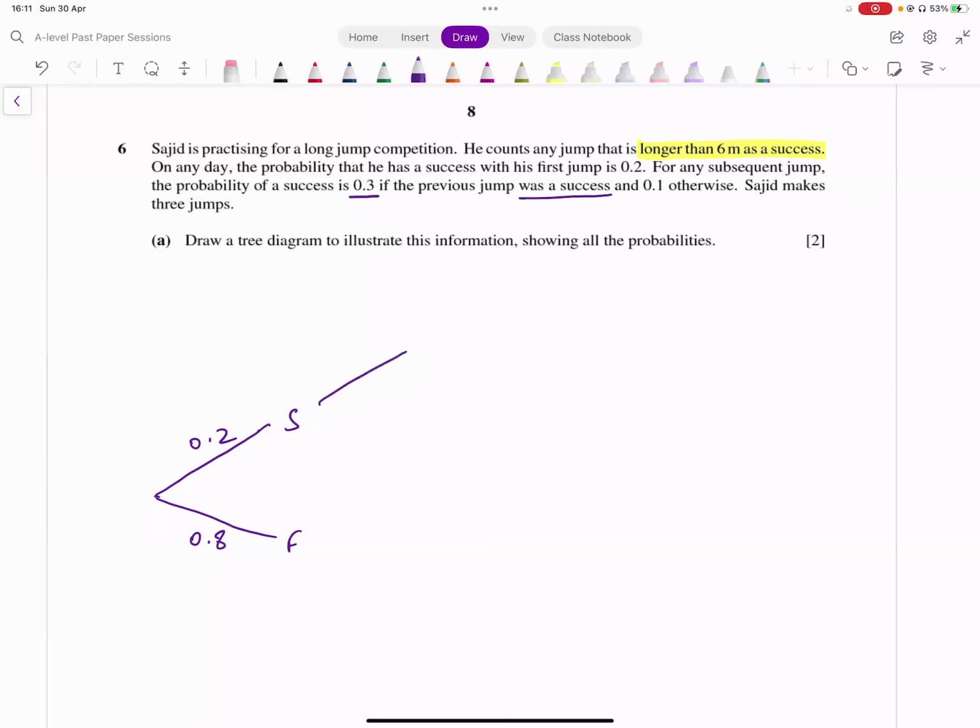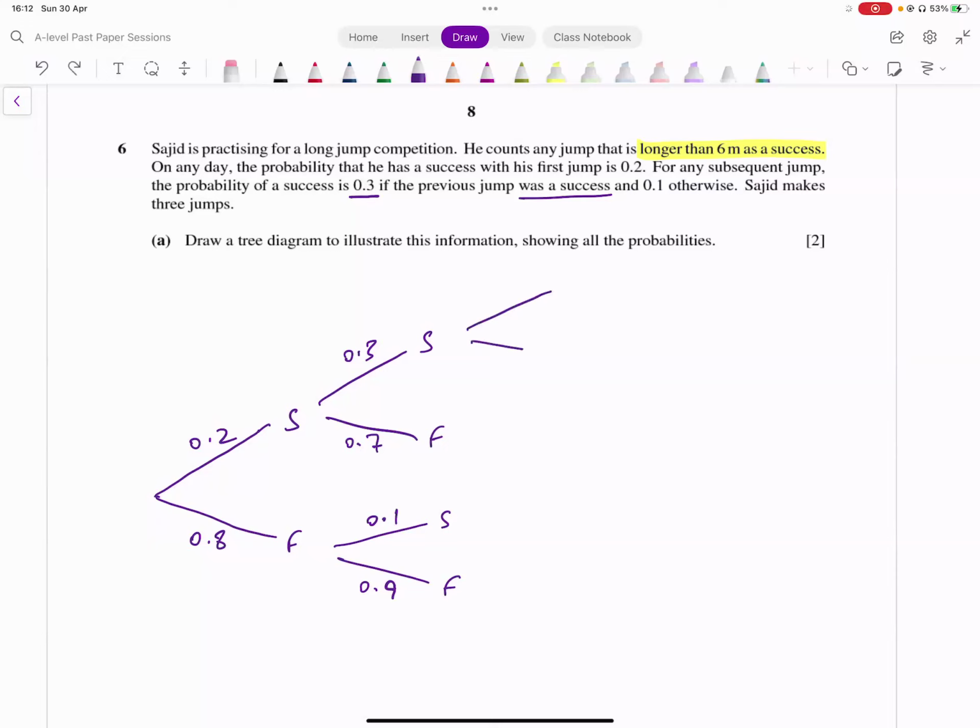Okay, so next time 0.3 probability होगी success की अगर previous time success थी, and 0.1 otherwise, यानी अगर पिछली jump पे failure था तो next time जो है वो 0.1 probability of success की. So ये हमारे पास आ जाएगा 0.1 and this is going to be 0.9. ठीक है, अच्छा, and he makes 3 jumps, तो अब इसके आगे उसको इस तरह continue कर लें बस यहाँ